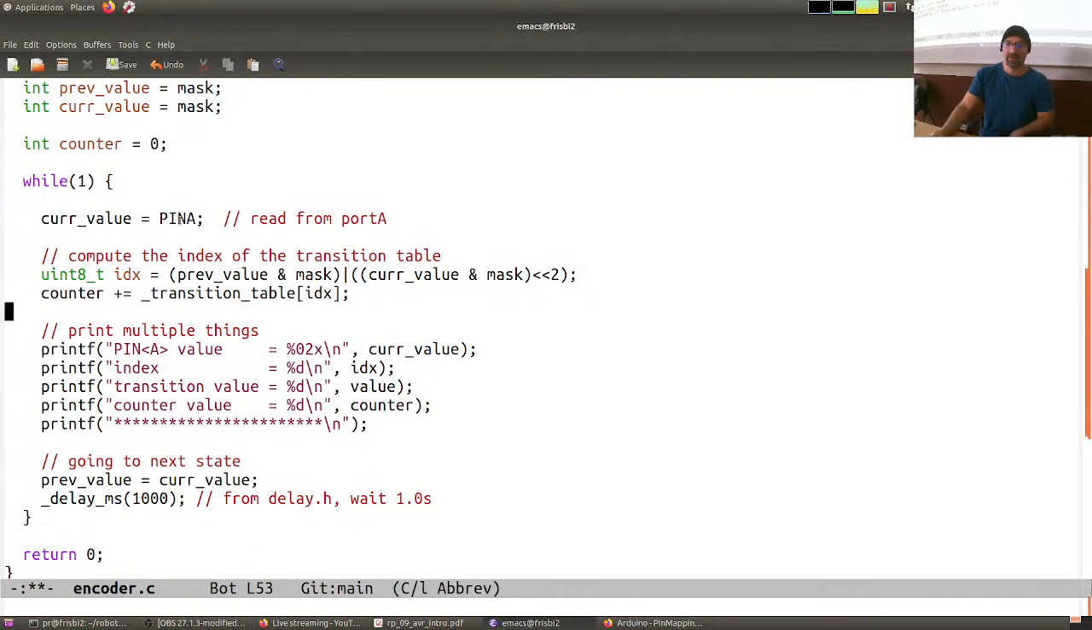Anyway, we read the bits from the pin. We construct the index, and this is another funny bitwise operation that basically consists in taking the previous value, or we could also take the previous value, and basta, I would say. Take the current value, which